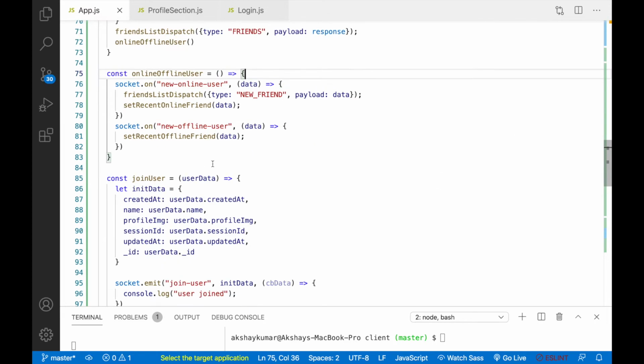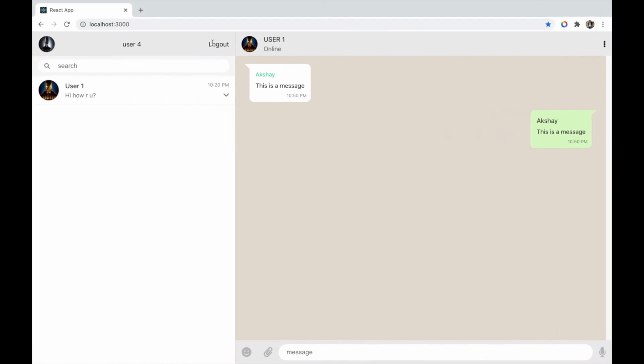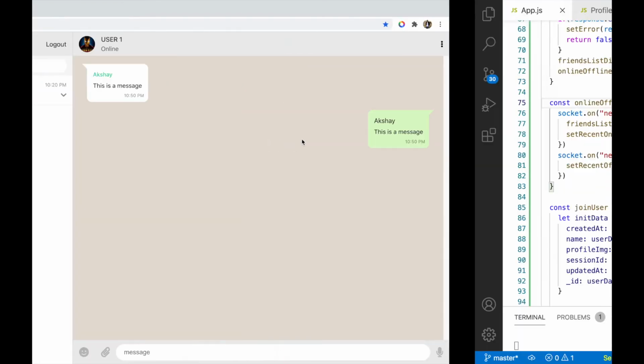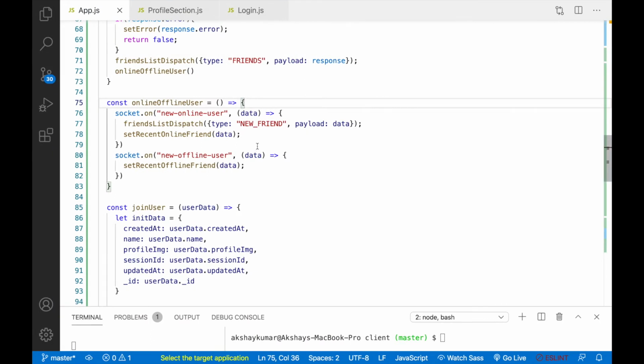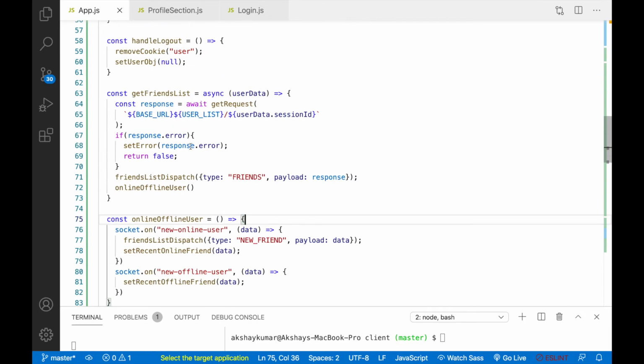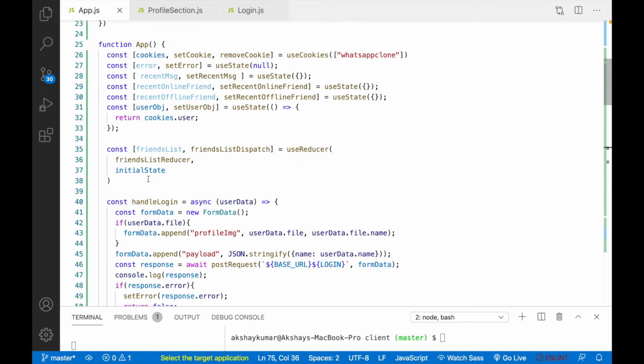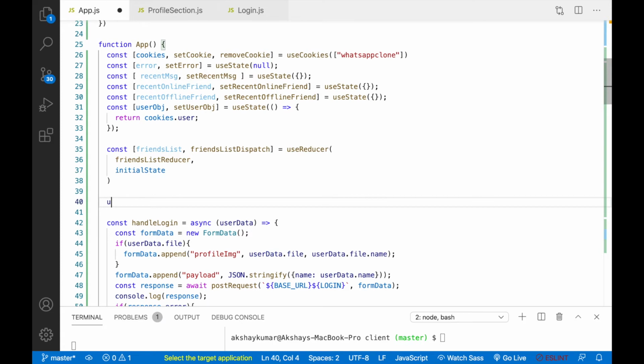This whole thing runs when you log in, right? When you log out and log in again. But when the page refreshes, at that time also we have to call our joinUser function and get friend list, right? So whenever you refresh the page, the whole thing refreshes, right? So for that purpose, here on the top, you can write useEffect.